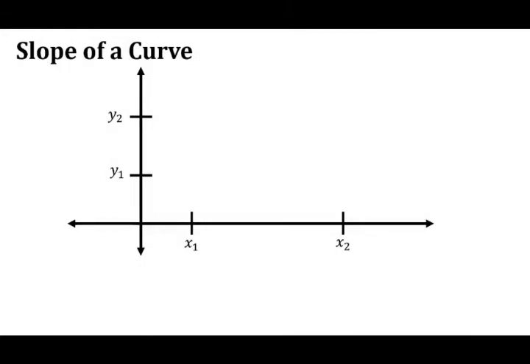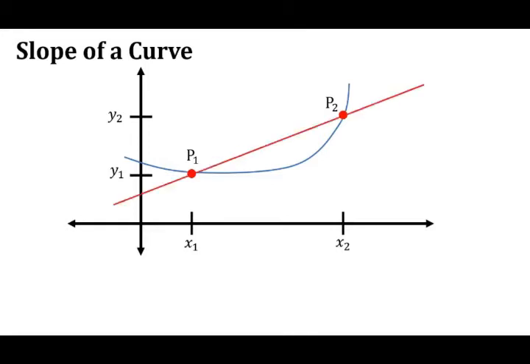However, the slope of a curve is not constant and must be determined at each particular point of interest. So let's say there is a curve. So let the points p sub 1 and p sub 2 be any 2 points on the curve, so that we can draw a secant line joining the points on the curve. The slope of the secant line joining the points p sub 1 and p sub 2 is given by,